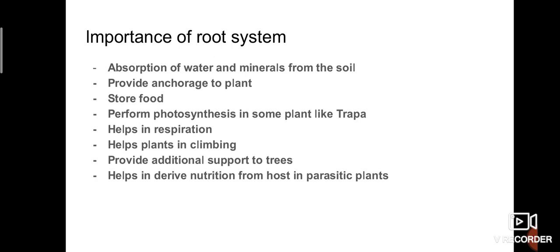Okay, and helps plants in climbing. So that is one of the specific structures, like stem, leaf tendrils. We have seen a grapevine, it's a stem which will climb. Leaf tendrils, pea plants and all, we have seen leaf tendrils, that also for the support. Here some roots are also climbing roots. So that is also one of the importance of the root system, and it provides additional support to plants. The best example we have is prop root, banyan tree. So additional support of trees, modification.